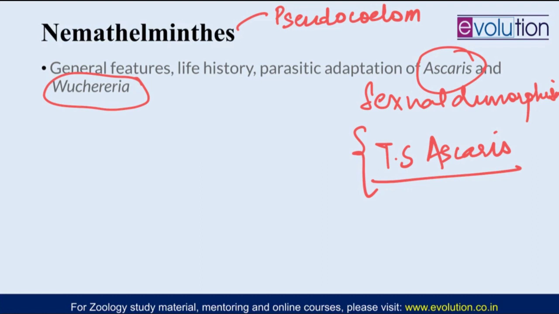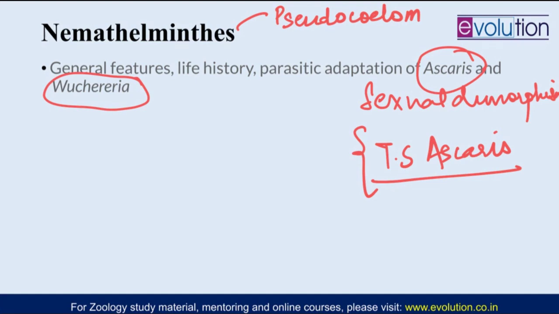Then in the life history, you have to describe the different stages, different larval stages as well, and how the infection proceeds. Ascaris lumbricoides is the species which has only one host, humans, so the whole life cycle is completed in humans. And how the pathogenicity is, or how the parasite moves about in the host body, that is also something you have to deal with in Ascaris.